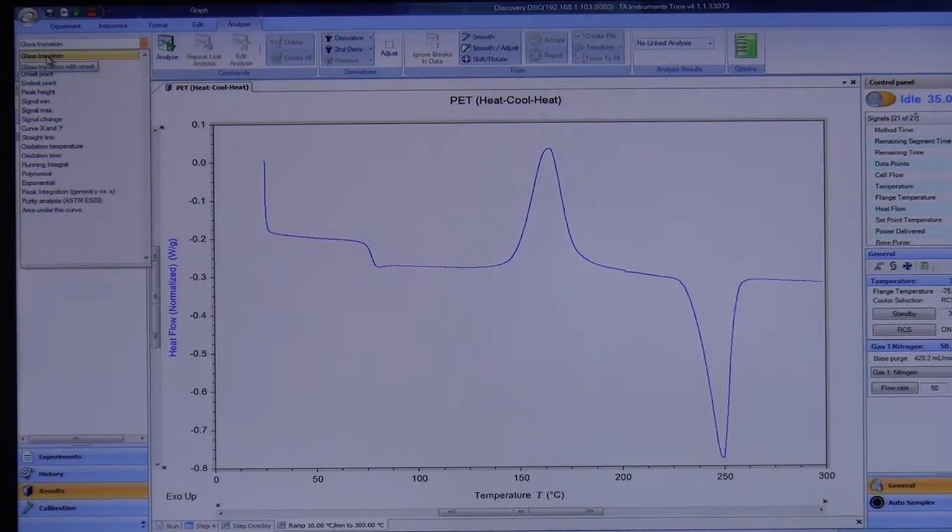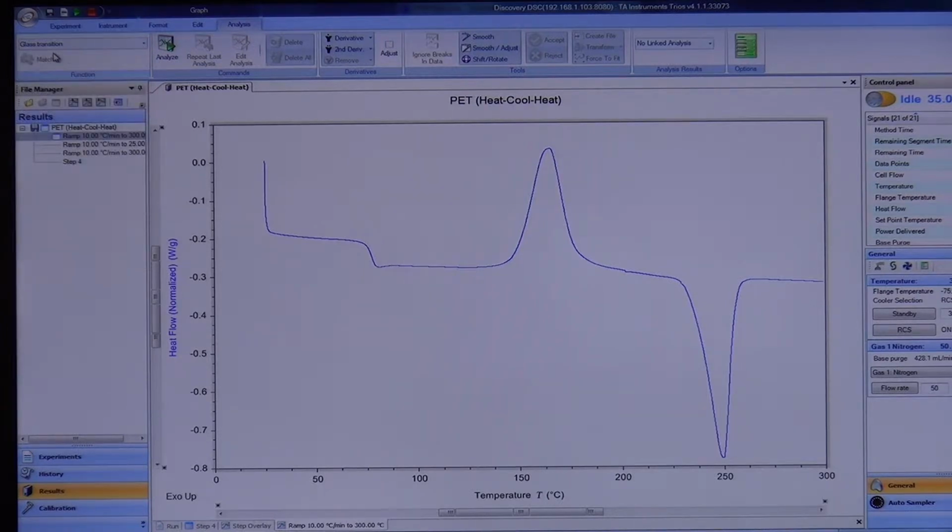So the first one is, of course, looking at your Tg. The second one is looking at crystallization and melting functions. So in terms of DSC, those are probably the 2 most important ones. The size for this drop-down box,